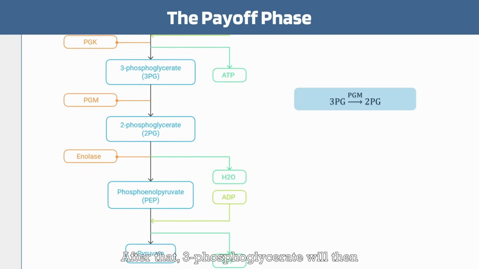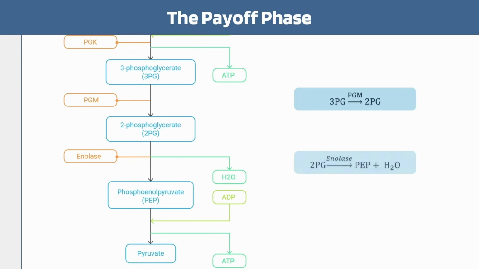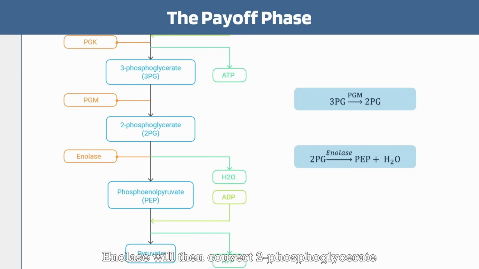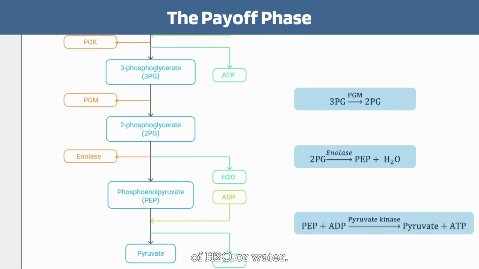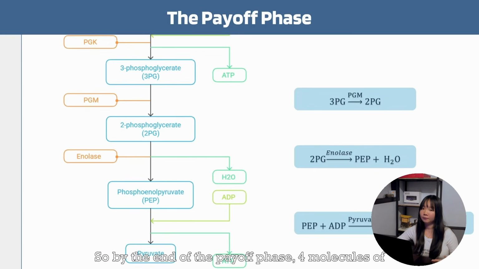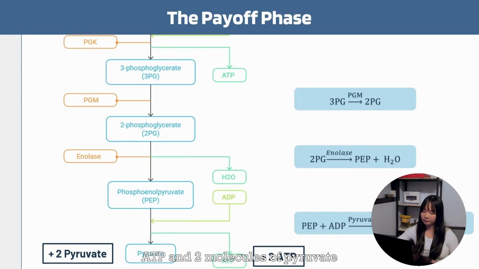After that, 3-phosphoglycerate will rearrange itself into 2-phosphoglycerate using an enzyme called PGM or phosphoglycerate mutase. Enolase will then convert 2-phosphoglycerate into phosphoenolpyruvate, producing a molecule of H2O or water. Finally, phosphoenolpyruvate will be converted into pyruvate, producing two molecules of ATP and two molecules of pyruvate. So by the end of the payoff phase, 4 molecules of ATP and 2 molecules of pyruvate and 2 molecules